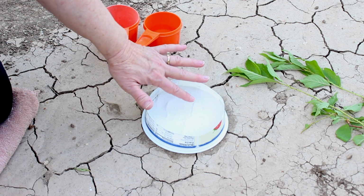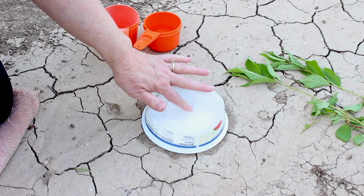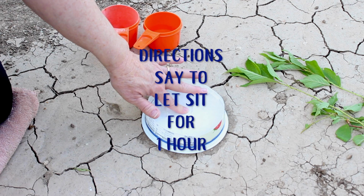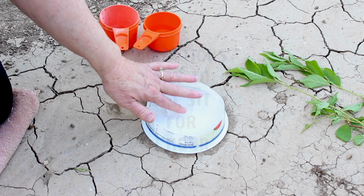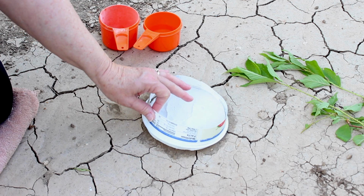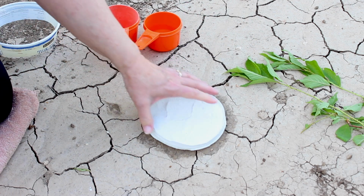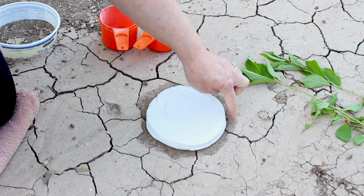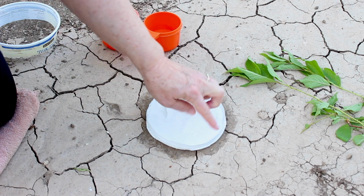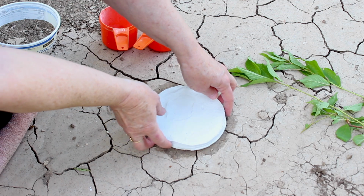So I've let the plaster of Paris set up for about 30 minutes, and I'm going to pick it up and see how we're doing. Okay, the mold came off really easily. I'm nervous. I noticed that the ground got wet around the mold. It soaked up some of the moisture, so I don't know how this is going to go, but